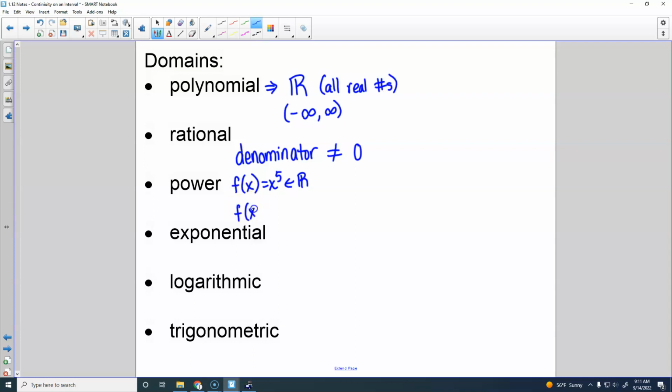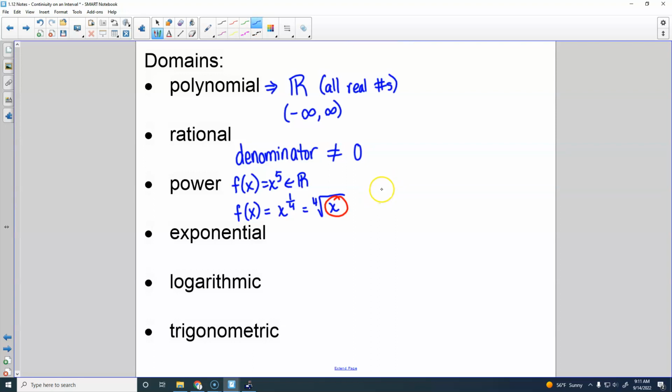So if I've got something like x to the 1/4, that would be the 4th root of x. So in this particular case, whatever is underneath your root,